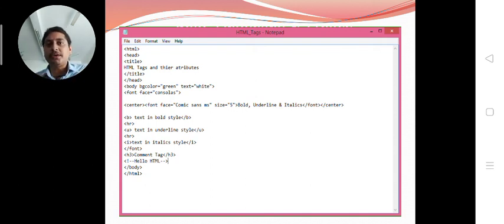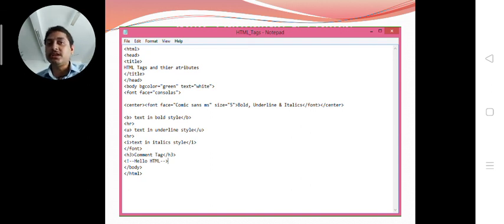To write a comment on an HTML page, we use an angular bracket, then an exclamation mark and 2 hyphens, and whatever text you wish to write, and then 2 hyphens and a closing angular bracket. Whatever text appears there will not be visible on the website.